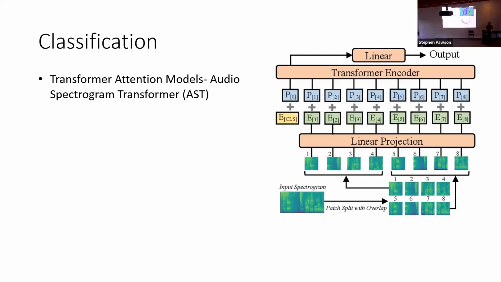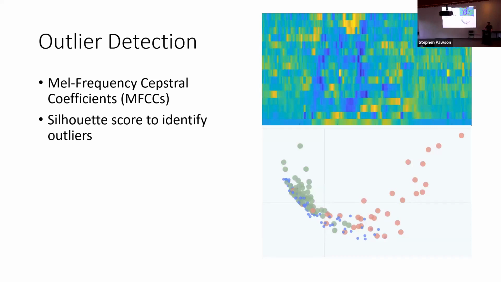And then the final thing I'll touch on is outlier detection. We're using mel frequency cepstral coefficients, and this can just be thought of as another audio representation type. What you end up with is a set of coefficients over time, and that gives you this colorful plot up the top, which can be thought of as a fingerprint that shows the quality of that audio signal. We can apply methods like principal components analysis and take all that high dimensional data and squish it into a